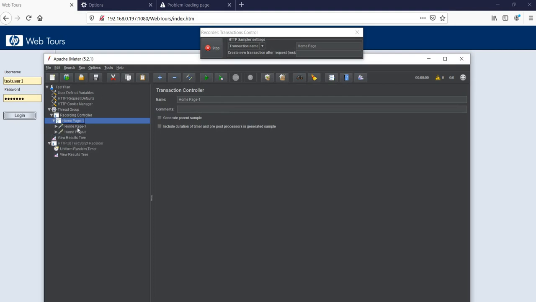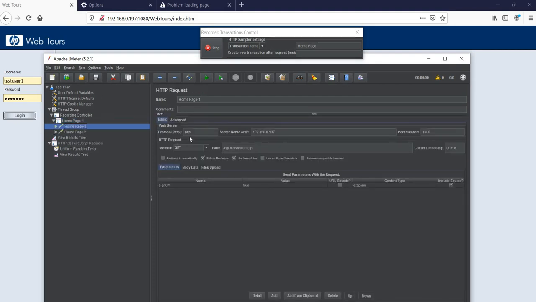So this got recorded. You just go over here, click over here, and you will be able to see the protocol, which was the scheme discussed in the URL and methods chapter previously. You can see the IP address it is pointing to, the port number, the path. We have already discussed what path is, and you can see the method type. So this is a very important screen, and you need to understand that this is the basics of JMeter, and without knowing URL and method you cannot do anything in it. So this is how you record the screen.